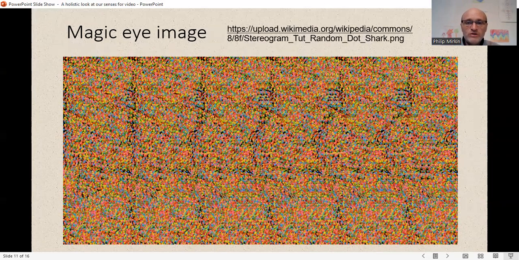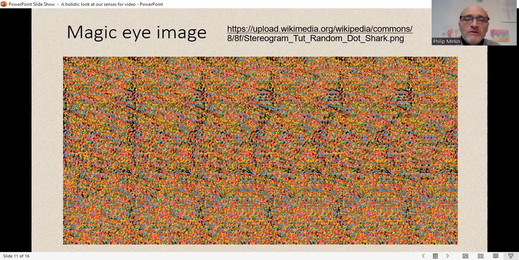So the last one we're going to look at in this part one is, for me, the coolest one, because actually what you are seeing is a whole bunch of dots. That's it. That's what's there. But someone's computer generated this so that the dots will match. The dots you see with the one eye will match with dots you see with the other eye and create for us an impression of something that's there. So this is really how our mind is always looking to make sense and meaning out of what it is that is coming into the brain from the eyes.